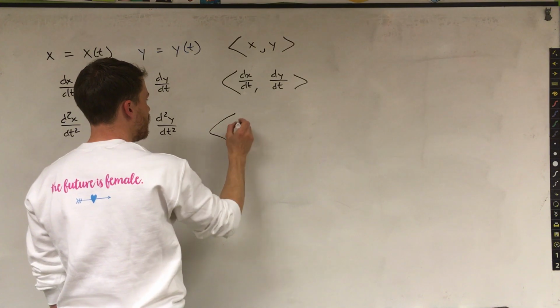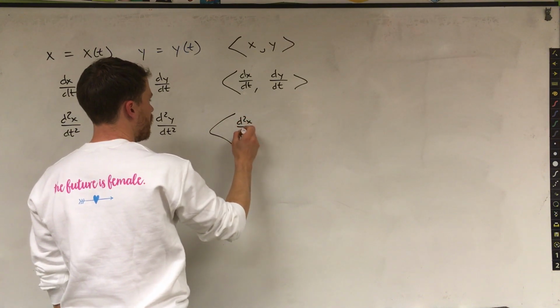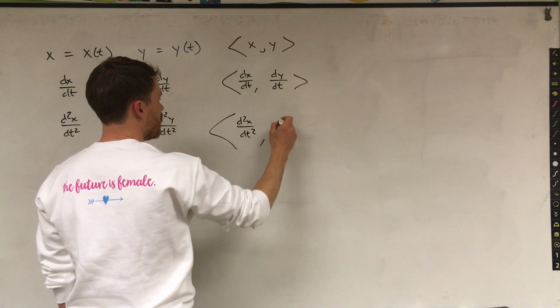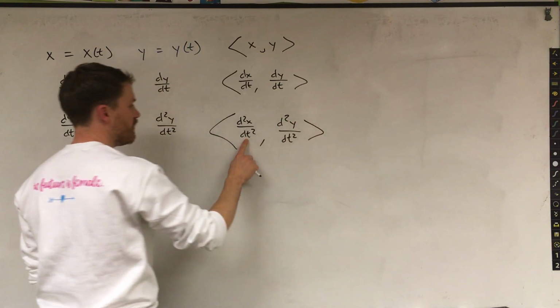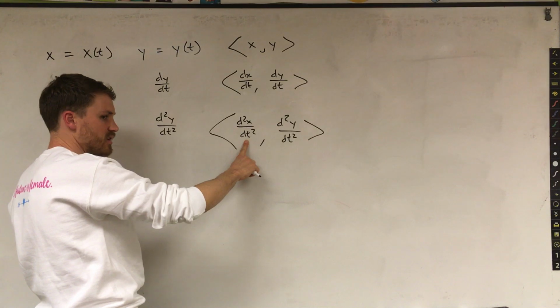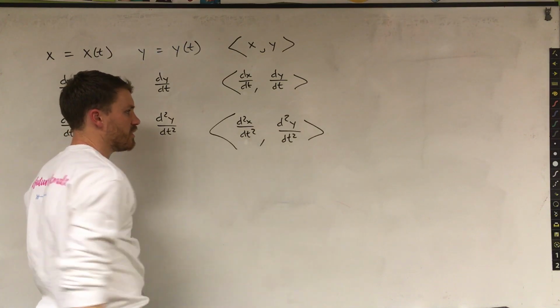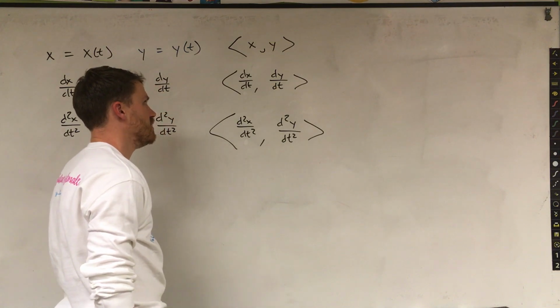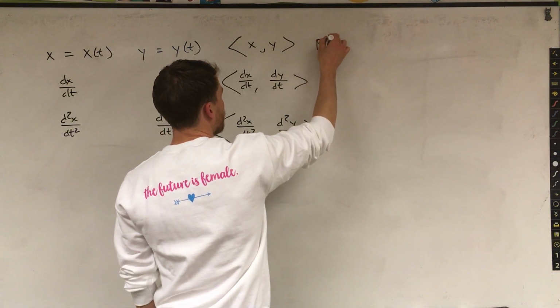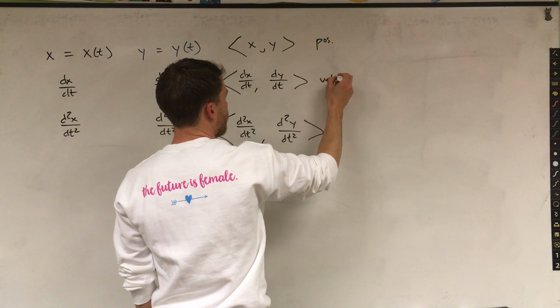and down, and your acceleration vector, how quickly your horizontal velocity is changing, and how quickly your vertical velocity is changing. So again, position, velocity,